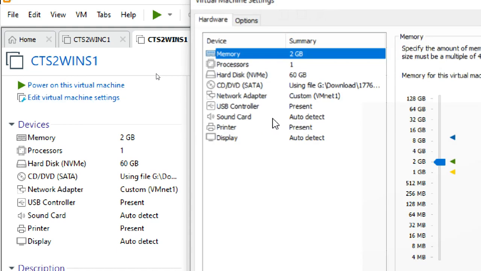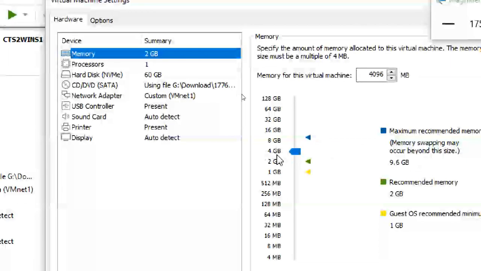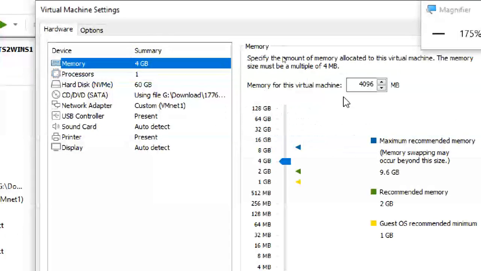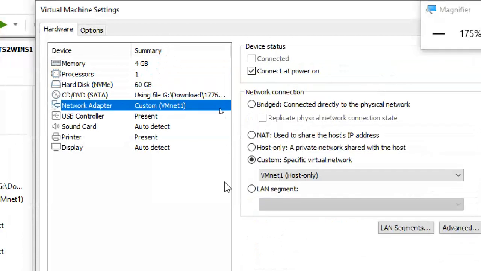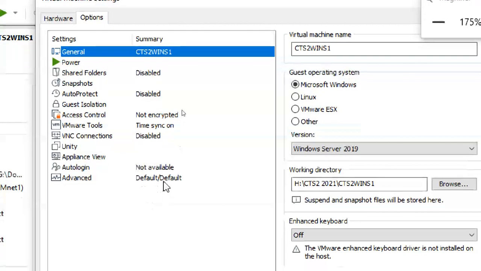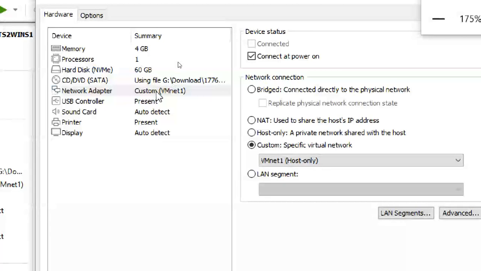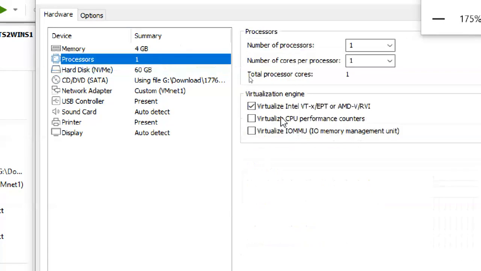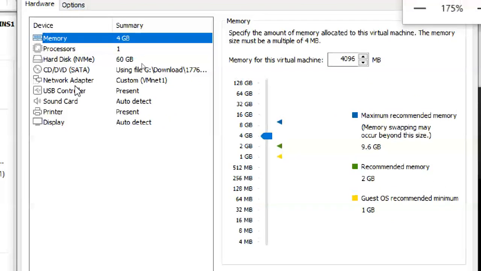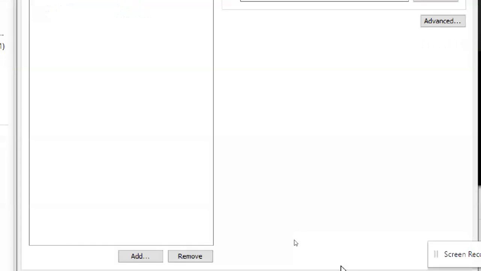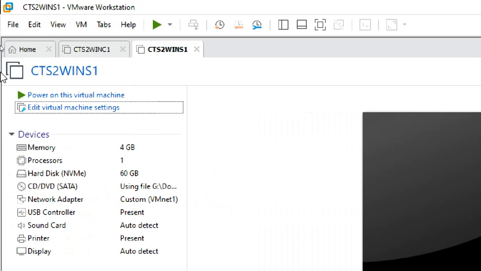Just for installation only, I'm increasing my RAM capacity because I have available RAM. I change it to 4 GB and also check all the other settings: 1, 2, 3, 4, vmnet 1, and UEFI and this check mark. Why the check mark? Read it and you'll understand. What is important is whether the image is inserted or not, and whether this check mark is there or not. So I change it to 4 GB.